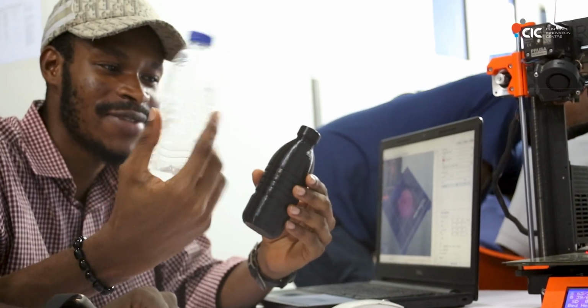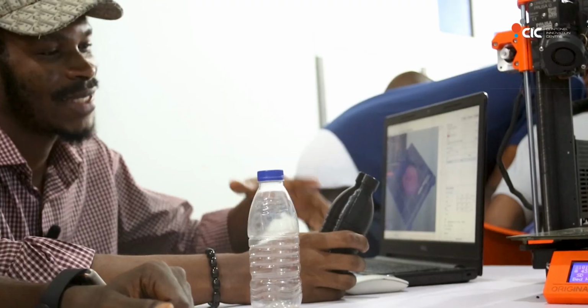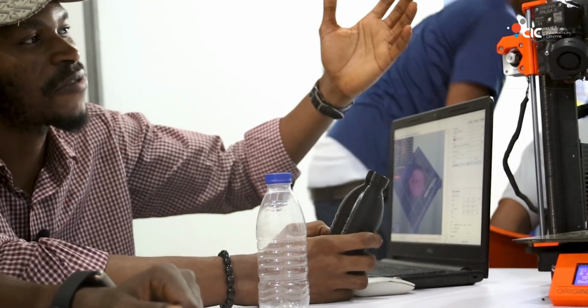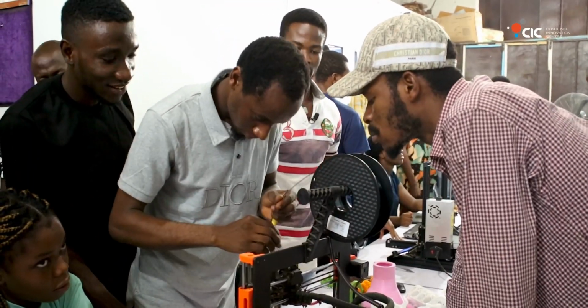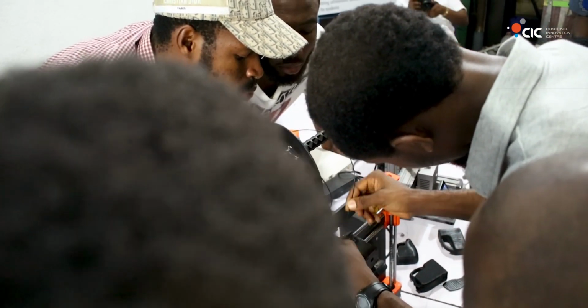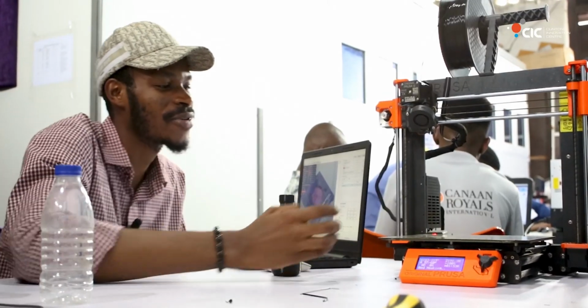Wow, this is awesome. Hi guys, we just finished the printing. As you can see, a model of this, starting from the design, the modeling, the slicing, and then getting the card reader and into the system. We faced a number of difficulties, from putting the PLA into the extruder. We had a challenge in the extruder, and we had to uncouple everything and fix it back, and it was a hassle. But right now we want to print a sprocket,